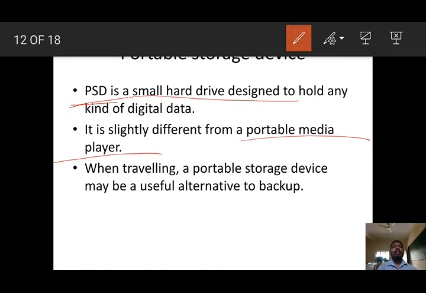So when you travel, the portable storage device may be useful as an alternative to backup. Assume that we have some file and we want to transfer it, or move it, from one place to another place. The best method is to use portable devices. Assume that we don't have any internet facility. Nowadays we have internet facility, so we can easily mail or WhatsApp. But if there is no internet facility, this is the best way to carry the data from one place